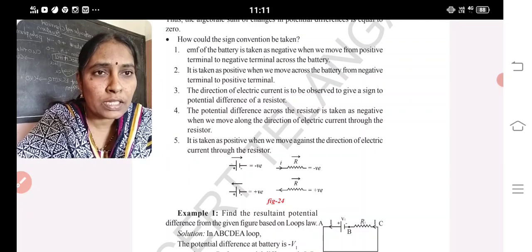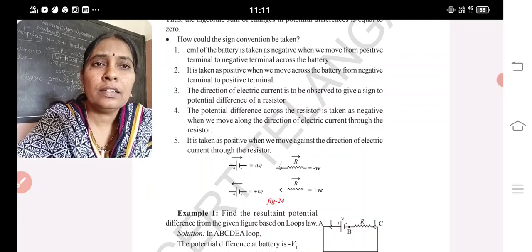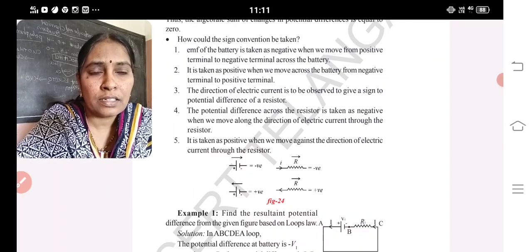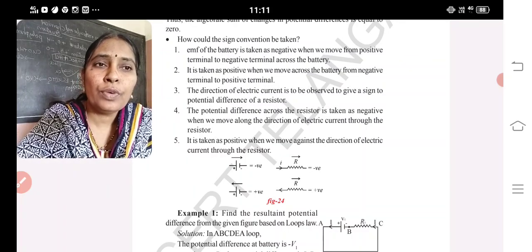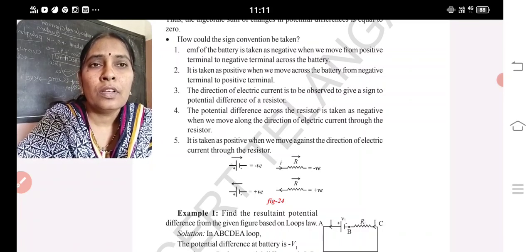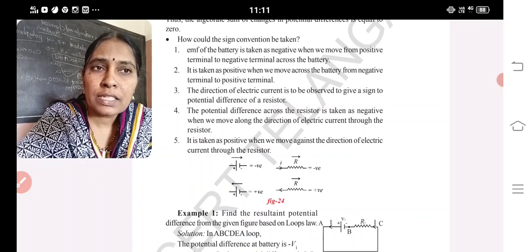If it is moving in the direction of electric current, with potential difference and electric current in the same direction, then it is taken as negative. If they are moving opposite to each other, then it is taken as positive. Clear? What is the EMF of a battery? It is taken negative when we move from